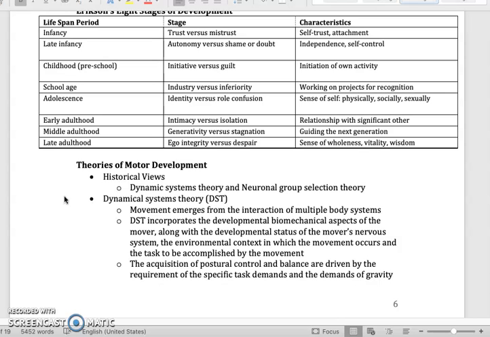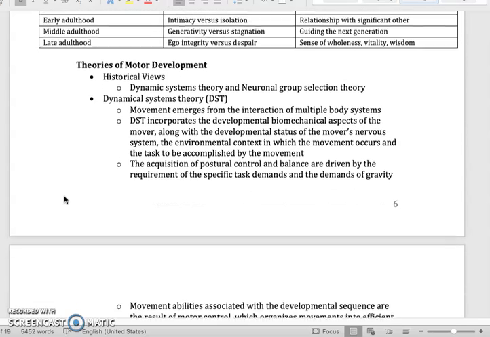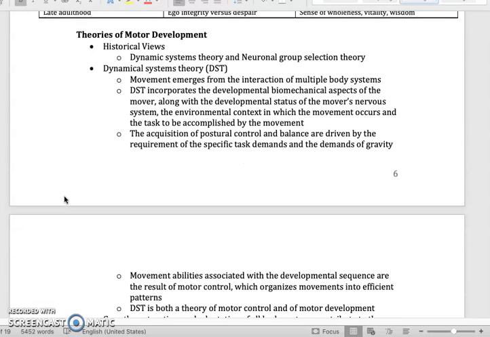We had these reflexes, our bodies learned how to move off of these reflexes, and then we got more and more experience where we did not have to use the reflexes anymore. Well, we've since realized that there is a more modern approach to this thought. The dynamical or dynamic systems theory takes into consideration all these other factors: sensory awareness, motivation, cognition. All of these things play a role in how a child moves. And so those are the differences. That's a general difference between those two theories.